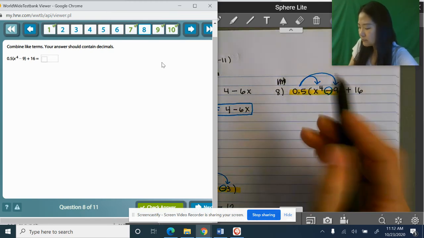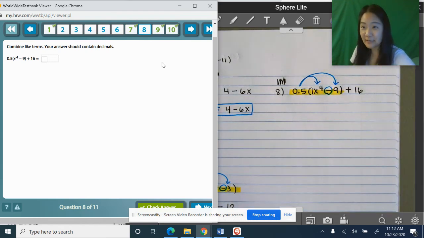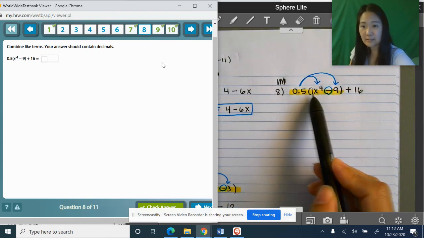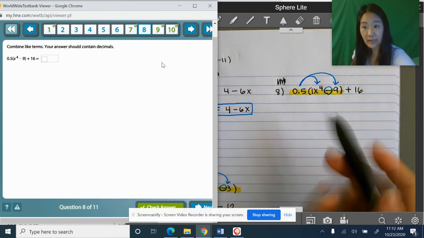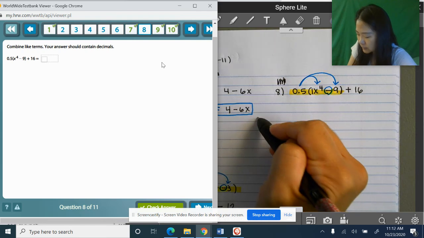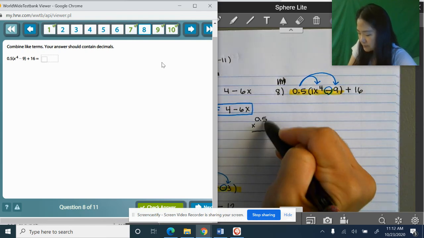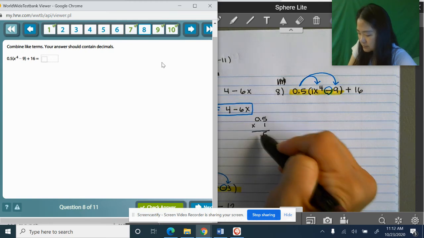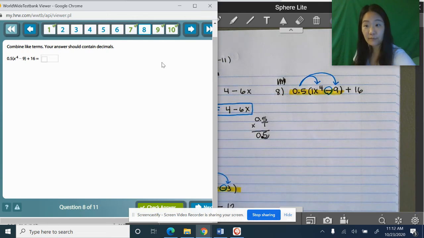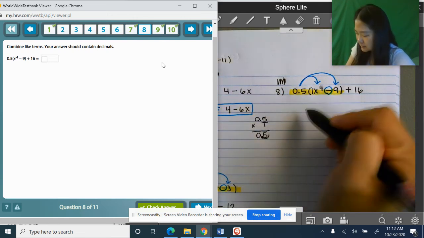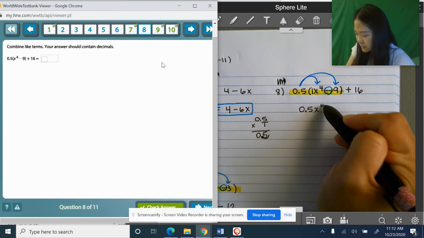So this is a 1. So hopefully we all know that any number multiplied by 1 is the number itself. So 5/10 times 1 is 5/10. If you're not sure, here let me show you. 5/10 times 1. 1 times 5 is 5. 1 times 0 is 0. 1 decimal place over, 0.5. So this is 5/10 x to the 4th power